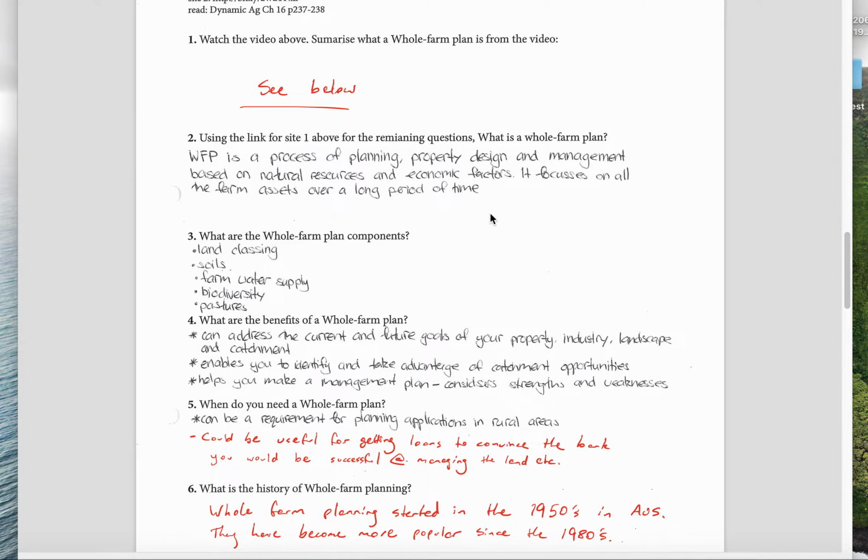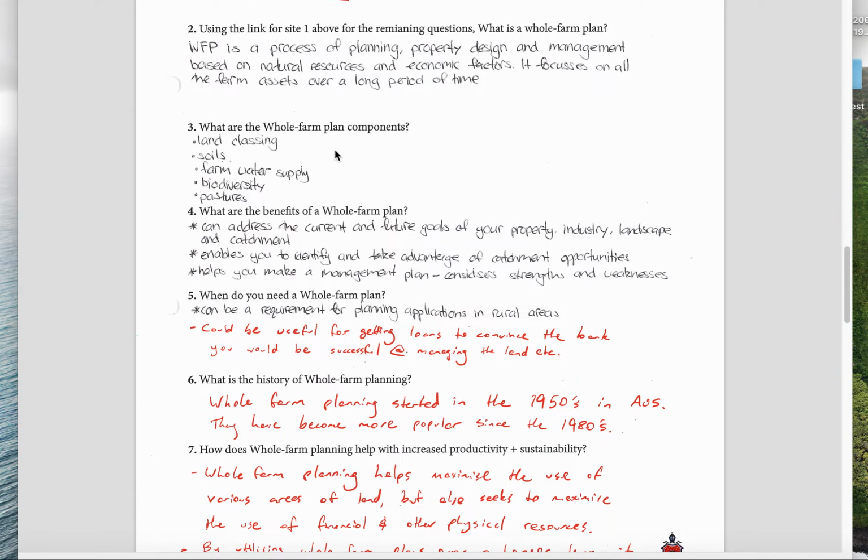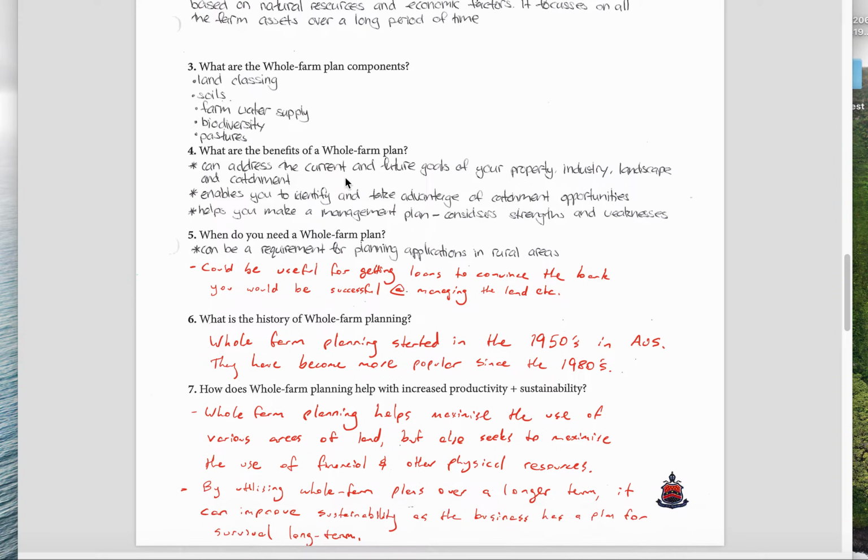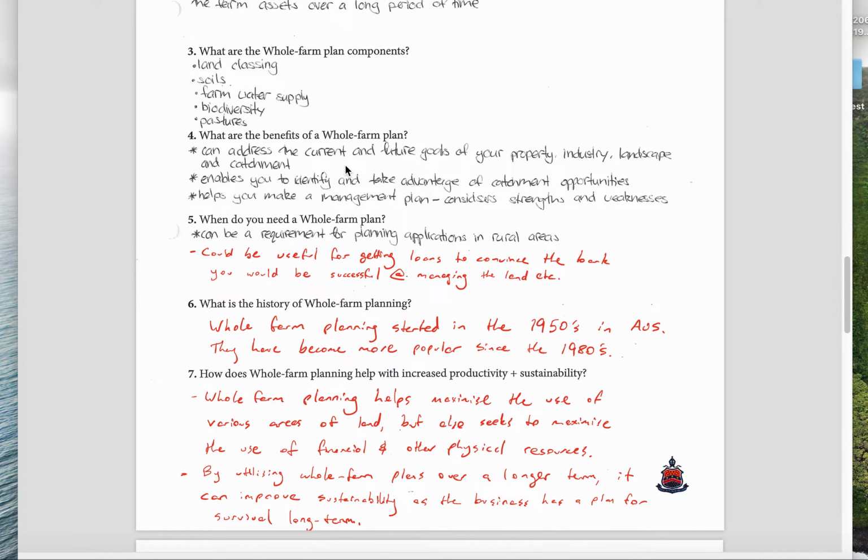And it focuses on the entire farm over a long period of time. So you do things like land classing, soils, water supply, biodiversity, pastures, also economics, as we mentioned here. And basically all of those things are considered in a whole farm plan. And so the benefit of it is it's basically having a plan of where you want your farm to go. It's starting from scratch and dividing up your farm and using it according to its ability in different areas, and